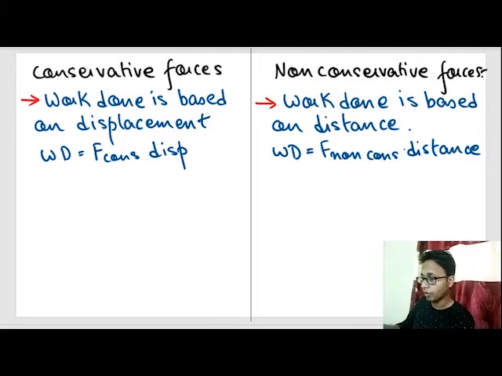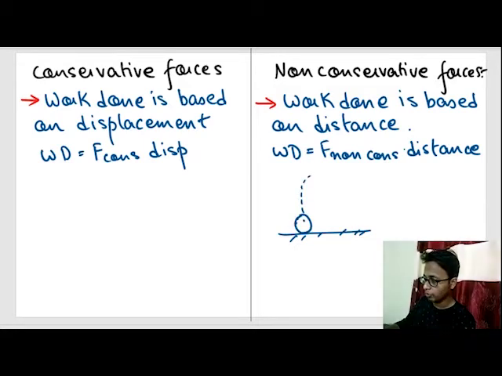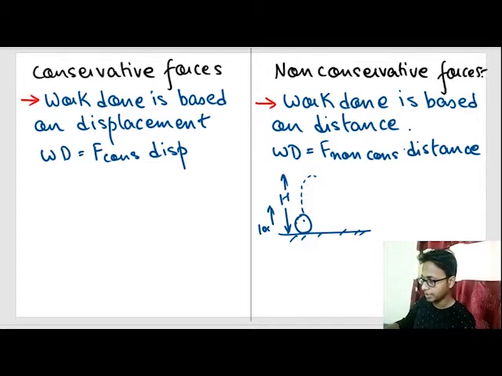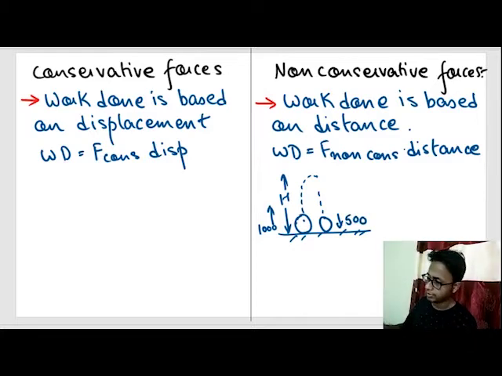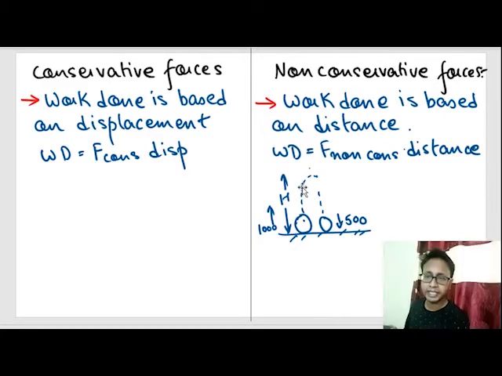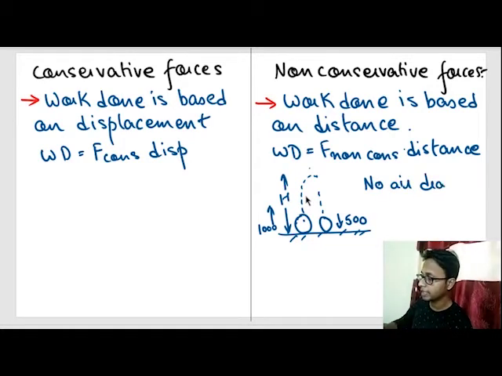Okay. Now for non-conservative forces, the same problem. But in previous problem, have you noticed you have done a projectile where the ball was going up, it reached a maximum height h, but while going up the velocity was 1000, while coming down the velocity reduced, and I taught you that a projectile is always vertically symmetric. So what was happening out here? The thing that was happening out here is in kinematics, in entire kinematics, whenever we studied about this projectile, okay, it was always assumed that no air drag forces acting on it.